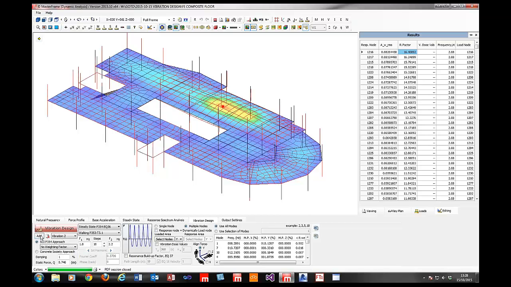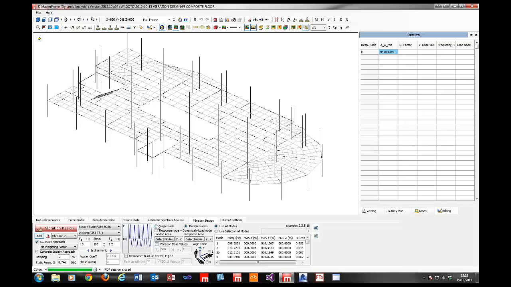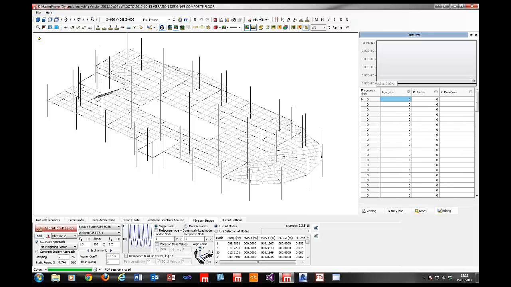So if we take a note of that number 1216, I'm going to add a second case, and I'm going to say that I want to look at a single node this time, and 1216 was the node, and again putting the damping down to 1%. And this time we're going to look at 100 increments between 1.8 and 2.2. If I do the vibration design there,